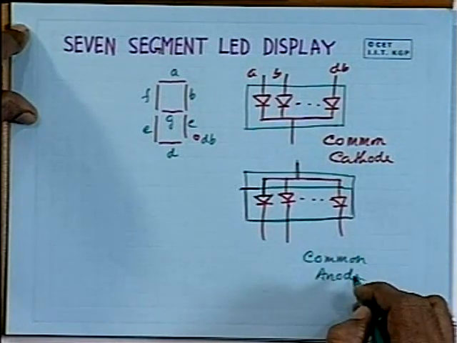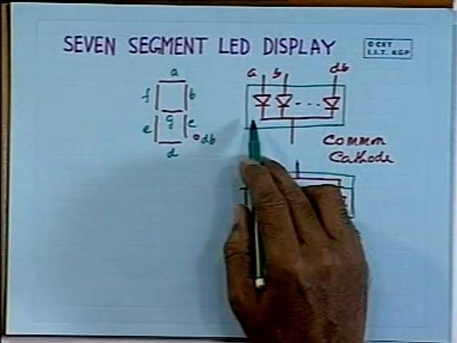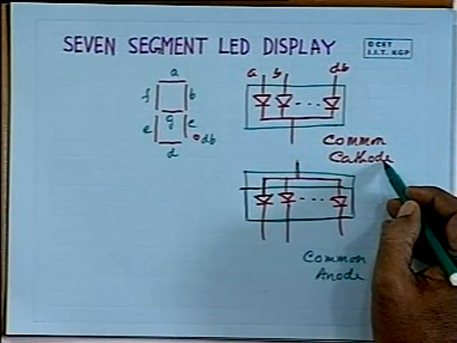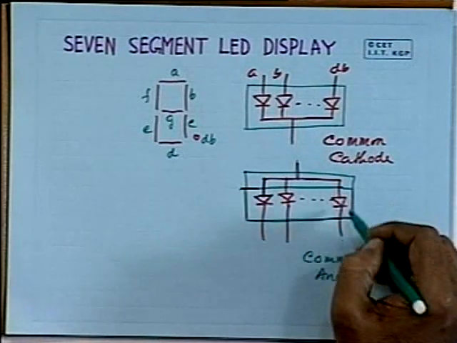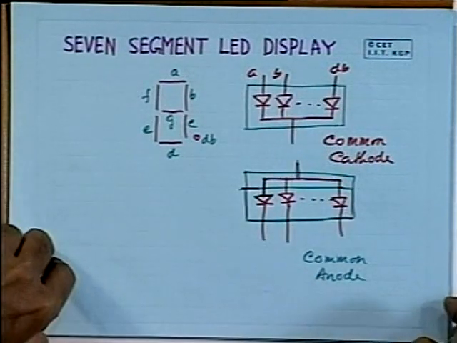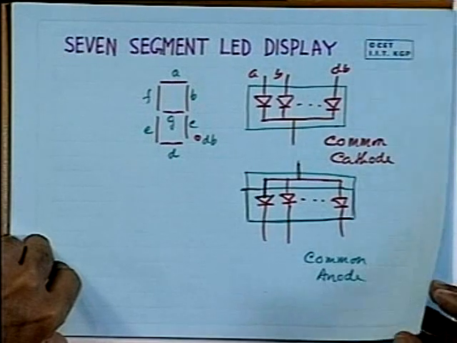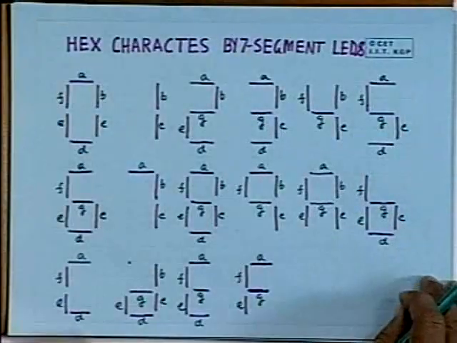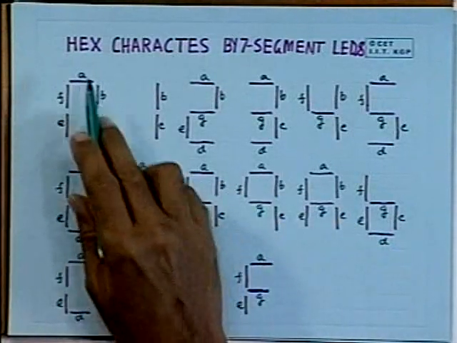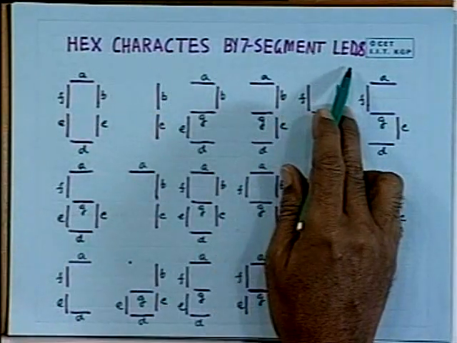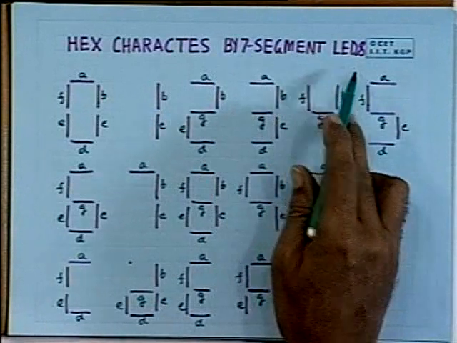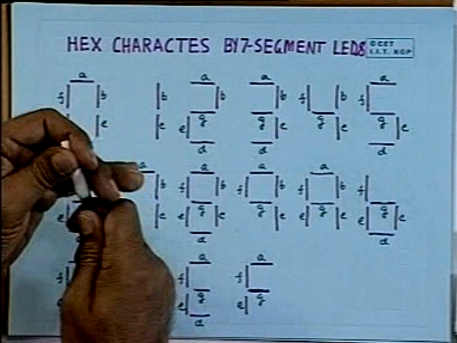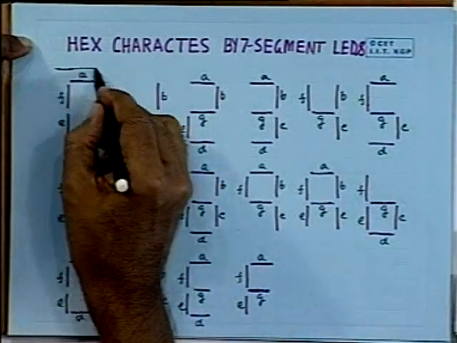Common anode type. So, LED displays in 7 segment form are available in common cathode form or common anode form. And this you have to interface to the microprocessor and display information. What kind of display you can get from this? This is shown with the help of this diagram. You can represent all the hex characters with the help of these 7 segment displays. I have not shown the decimal point, but as you can see here, this is one LED,